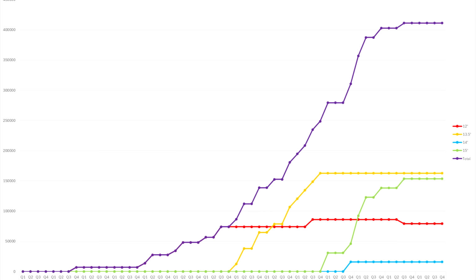the total line and the 12-inch line in red are exactly the same, but then as the 12-inch broadside levels off, because they stop introducing 12-inch except for that slight rise with Agincourt and then the dip with the loss of Vanguard, you can see that although there's eventually only barely more 13.5-inch guns than 12-inch, the broadside weight of those 13.5-inch guns, because each broadside on each British 13.5-inch ship is 10 guns, whereas on some British 12-inch ships it's 8 guns, in fact most of them, and some of the 12 inches have 10-gun broadsides, plus the additional